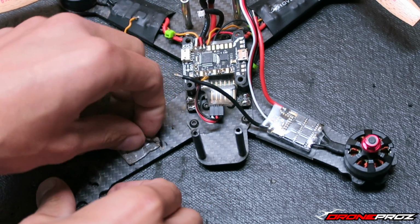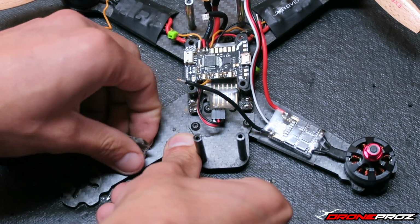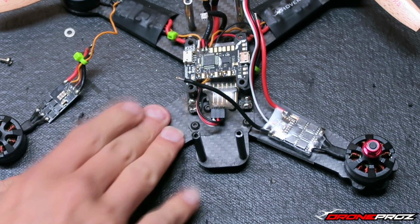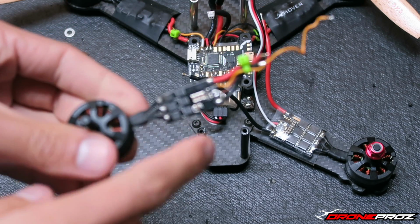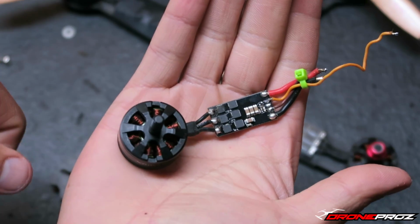I'm then going to, in my case, remove the double-sided tape that I use here. Get that out of the way, give it a little cleanup so it doesn't look too bad. And the next step I'm going to do, let me get it focused, I'm going to unsolder the motor